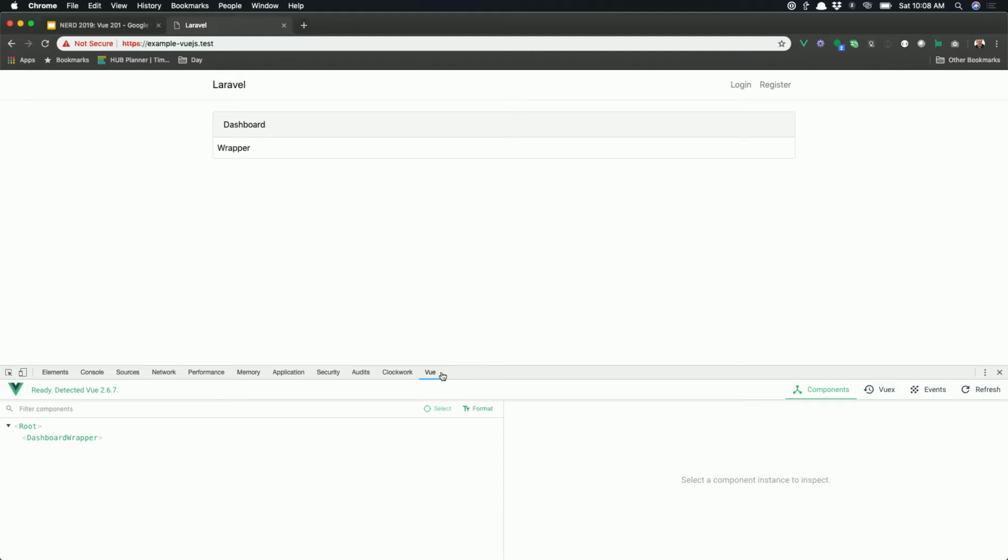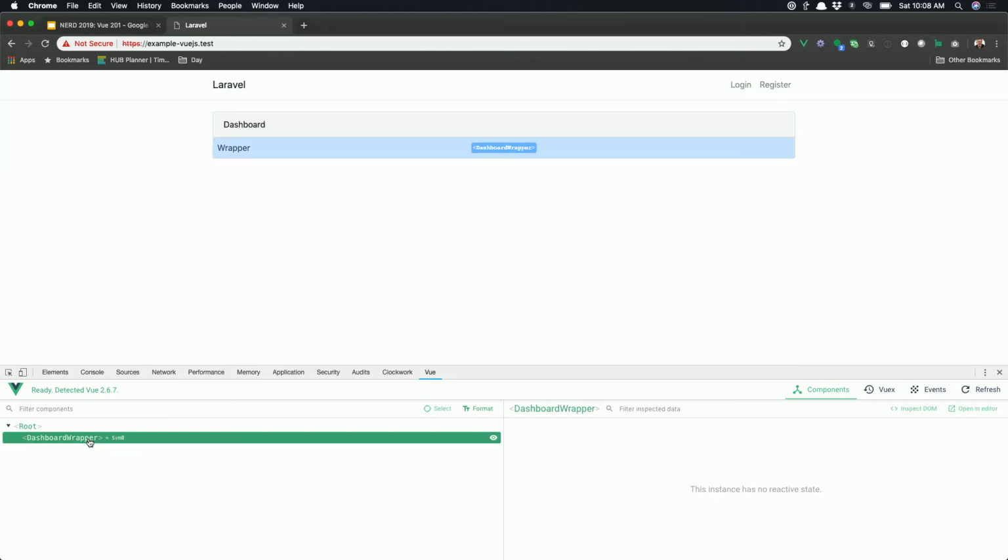It's a real bummer we can't see it because there's a lot of good stuff here. It would show you, you can see the wrapper here. I could click on that and it would start showing the state here. So then I would see all my state in here, and then we have Vuex and events here, so you can really dig in. It's a wonderful extension made by, I think, the Vue.js team. But we can really get a sense of what's going on this page.